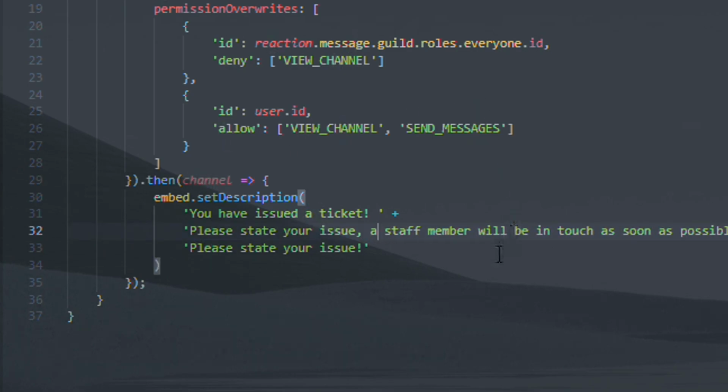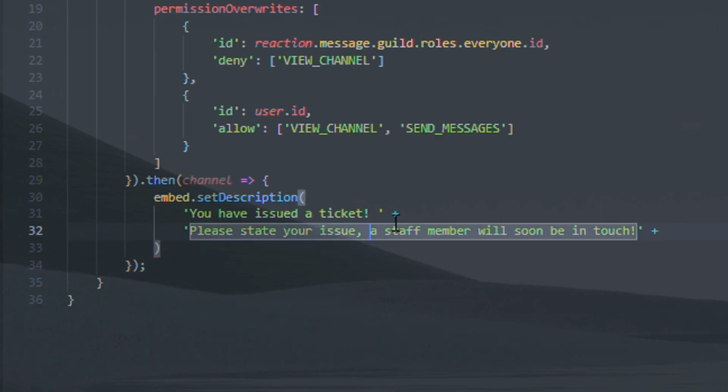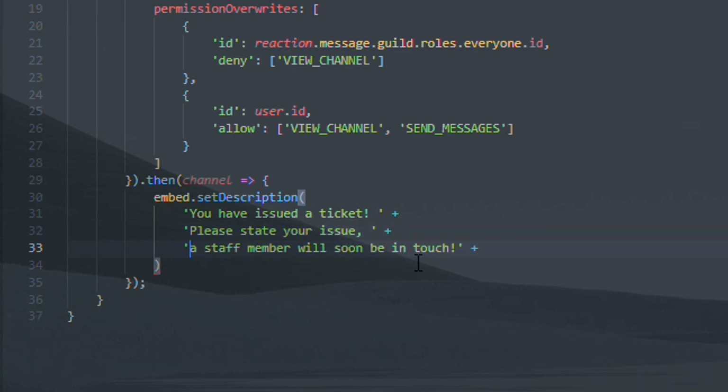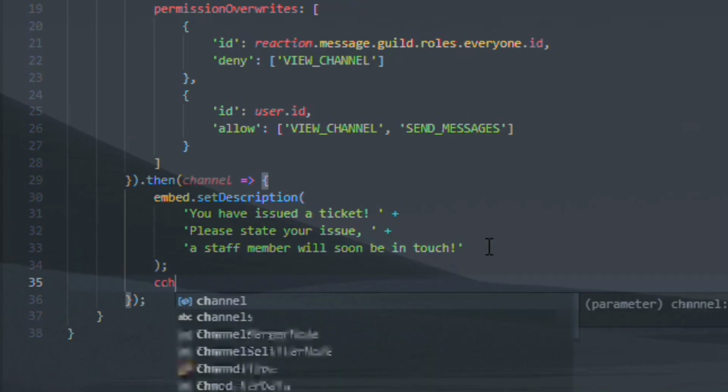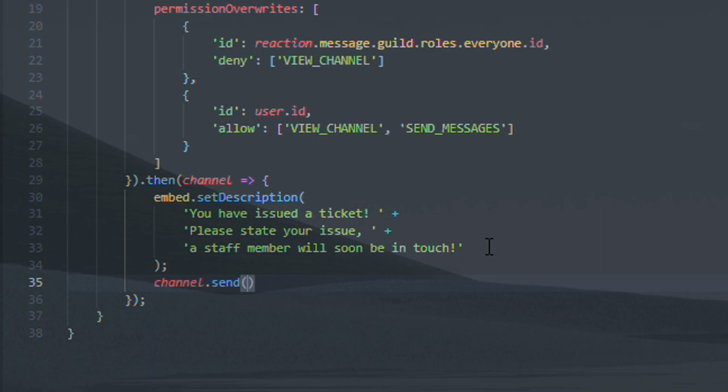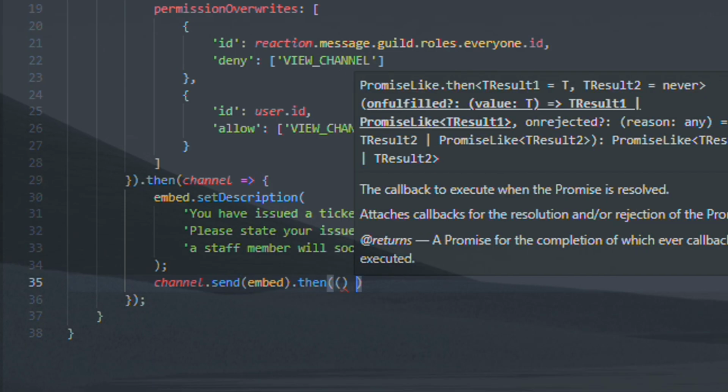A staff member will soon be in touch. Perfect, like that. Okay, that's better. Okay, and now we can channel send embed, and then after we send that embed, I want